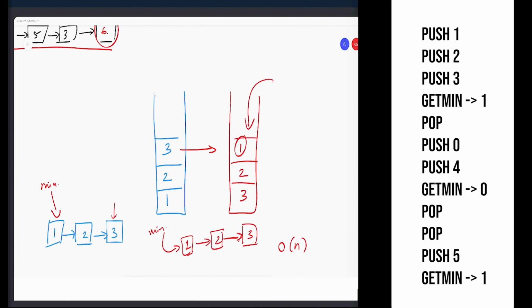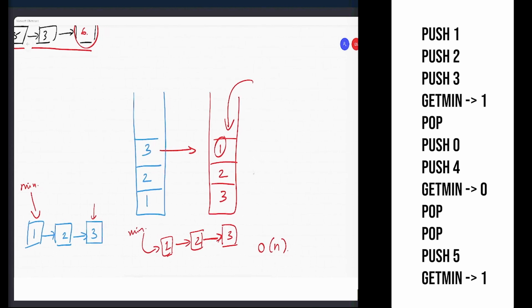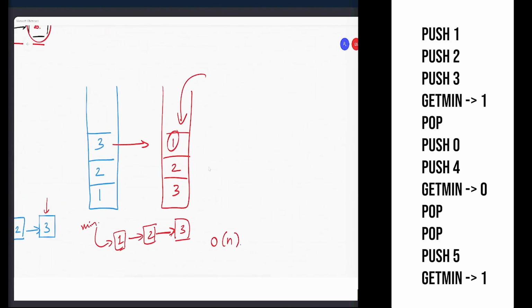If it is greater than the top, then it won't ever affect minimum. Firstly, it won't affect minimum means I don't need to add it to the list.